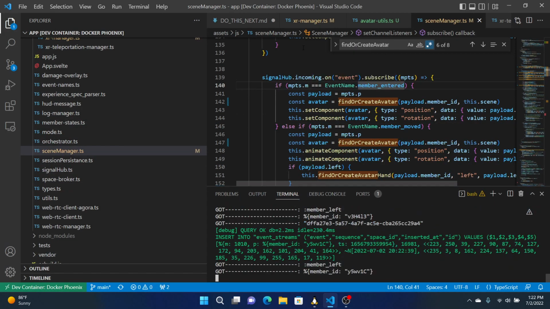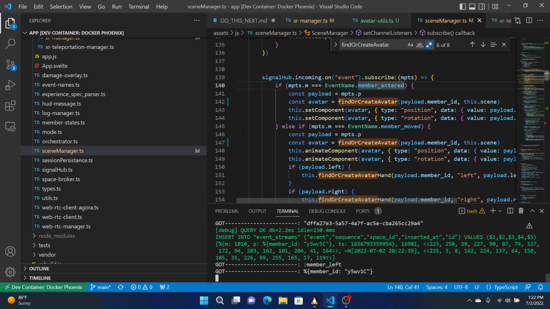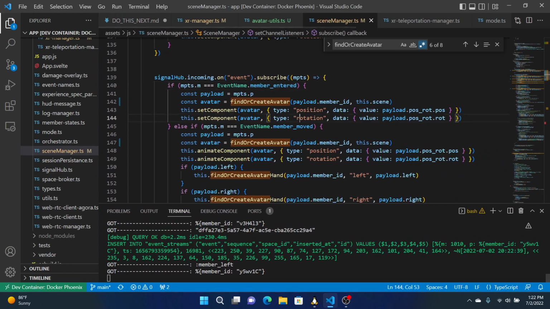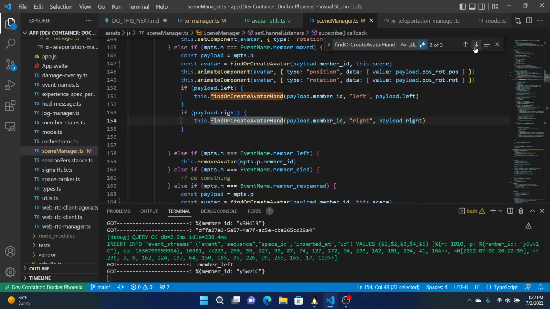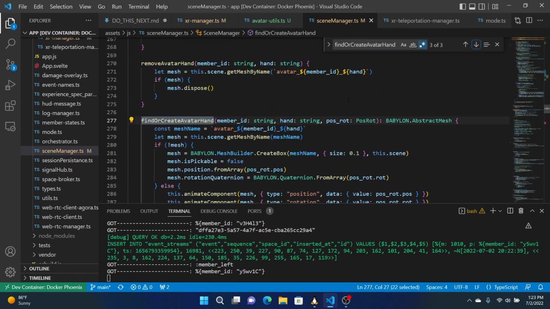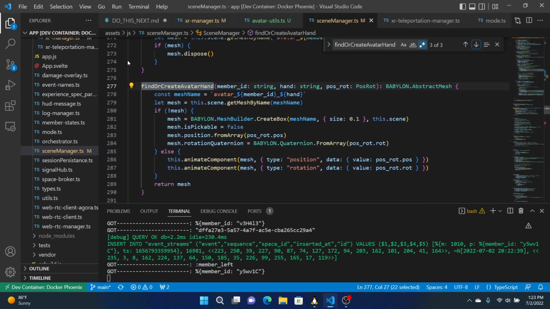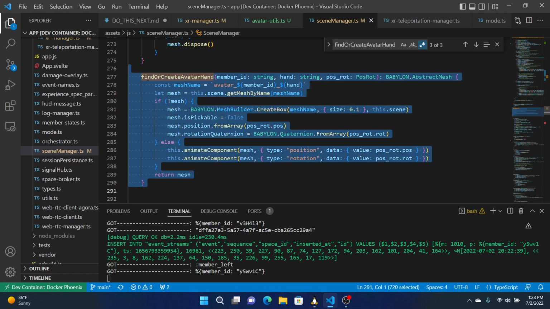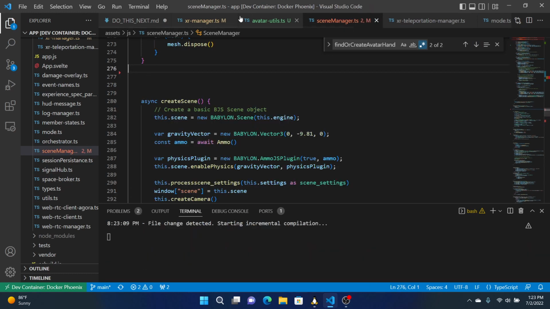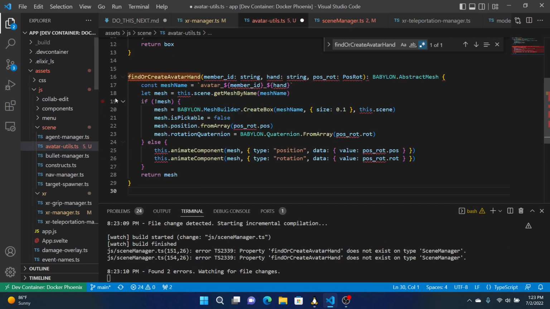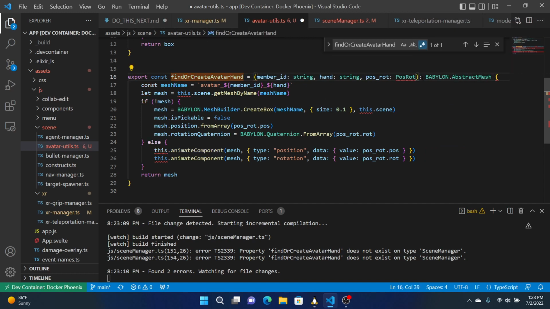And next, let's also move the find or create avatar hand function. So in the scene manager, we look for find or create avatar hand. 3 references. So we'll copy this thing, cut, save, go over here, paste, export const, equal, and